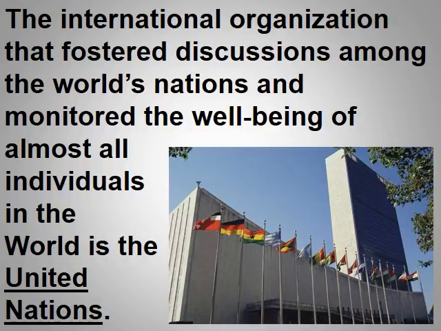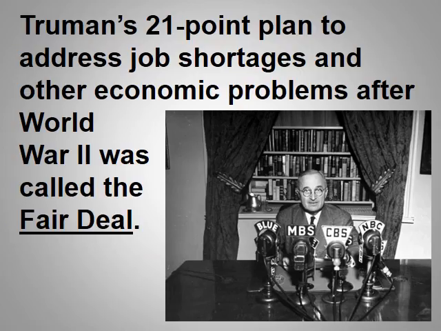When the war first ended, Truman had a premonition that we were going to face some job shortages, that soldiers were going to come home and want to retake their jobs, and that we might have a bit of a crisis. He proposes a plan called the Fair Deal. It's a 21-point plan. It addresses a whole bunch of topics. It includes issues ranging from employment to wages to housing. Some of the more important parts of the Fair Deal: